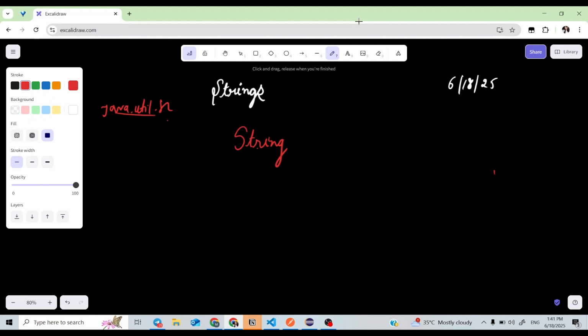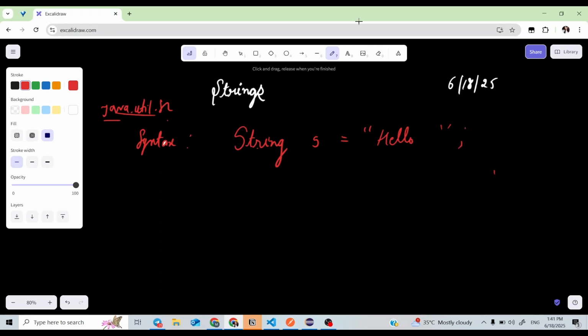To use this String class, we have to import the package. And the syntax is the string data type, then the name of the string, suppose s is the name, equals to whatever string you want to store, suppose hello. So with this I have initialized my string s equals to hello.